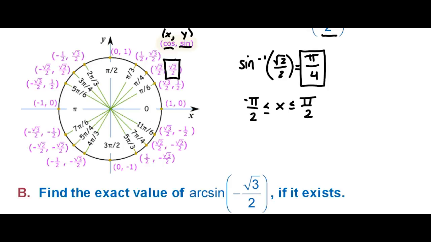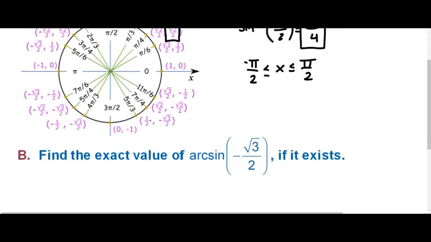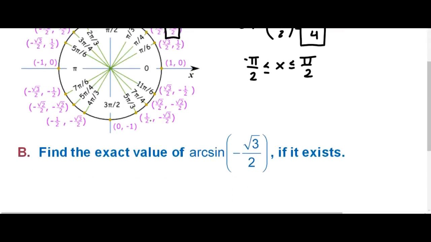And we're going to run into that same problem down here because there are two square root of 3 over 2's that run in the y coordinate, but we have to use the one that's between negative pi over 2 and positive pi over 2. In other words, it has to be on this side of the y-axis. So therefore, my value of arcsine of negative radical 3 over 2 is going to be this angle, 7 pi over 4,